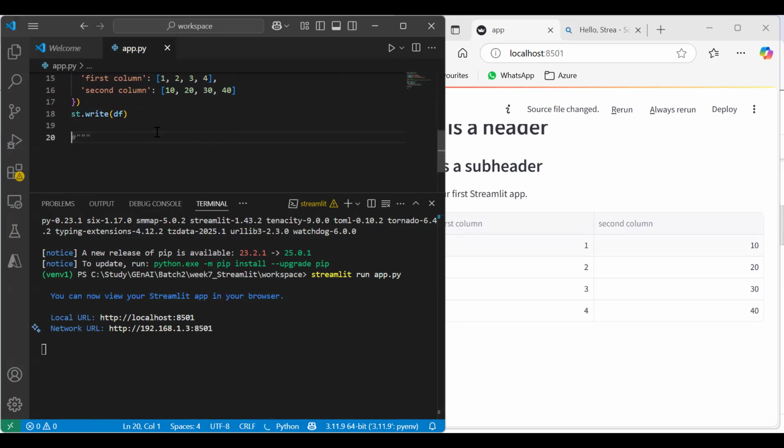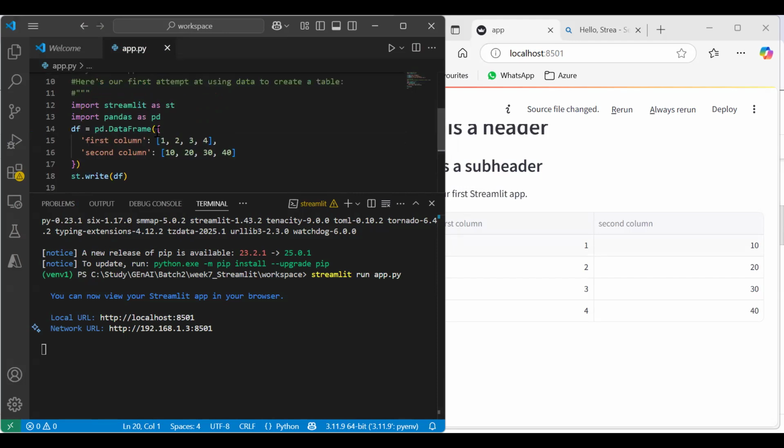Not sure. Okay. So this is how you can show the data frame also. You can read this data frame from any CSV file as well. So these are very basic things. And then let's say if I need to create some interactive widgets. Okay. Next, what we will do is we will create some